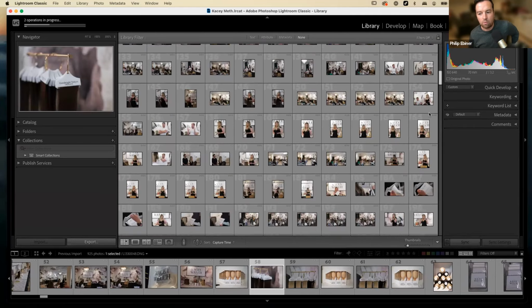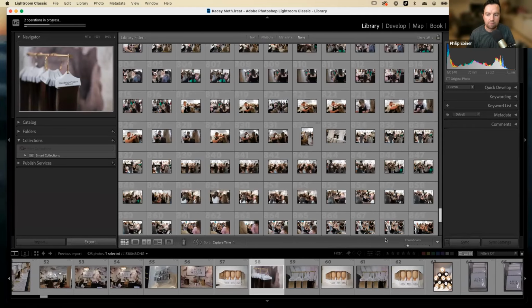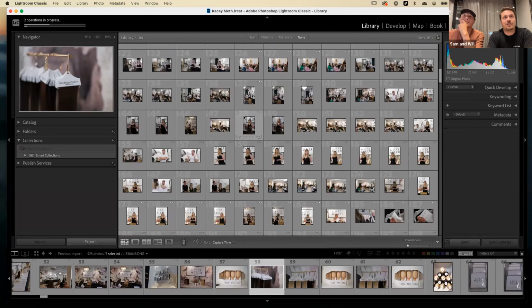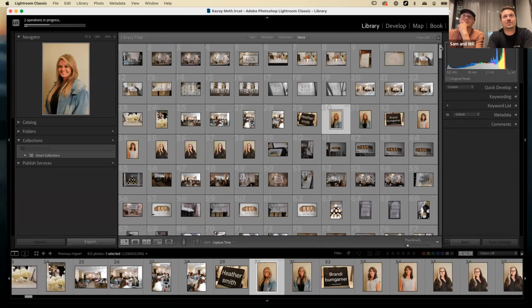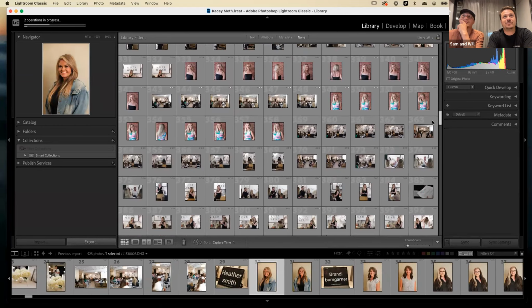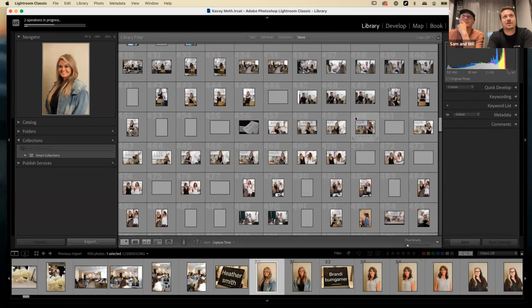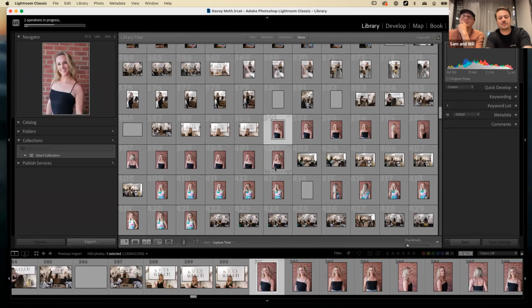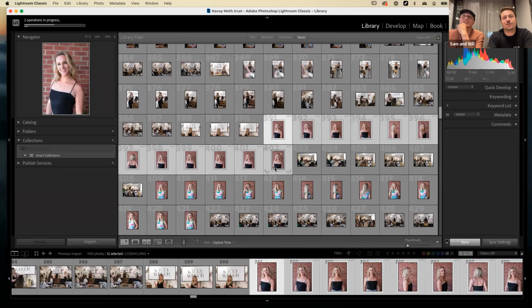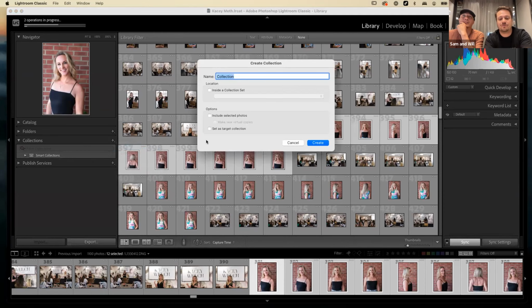So were you going to show how you create a collection from here? Sure. For this job, I had to do a bunch of headshots. So I was looking for the headshots because they're all next to each other, but we can just do the before after. So let's say I just wanted to get these headshots into a new collection. I would highlight them, and then I would click the plus sign, and then I would create a collection, and I'd call it before,